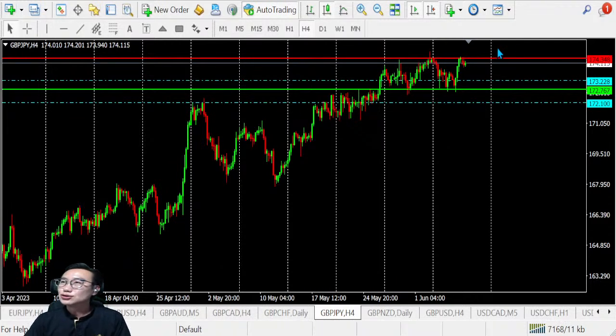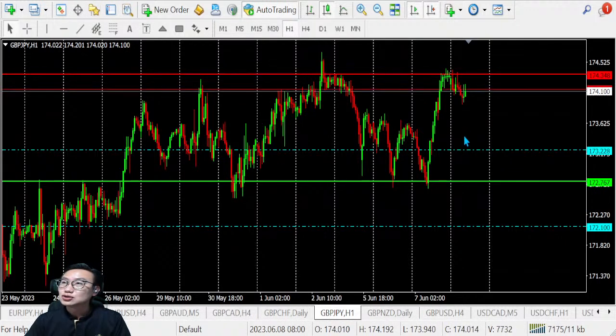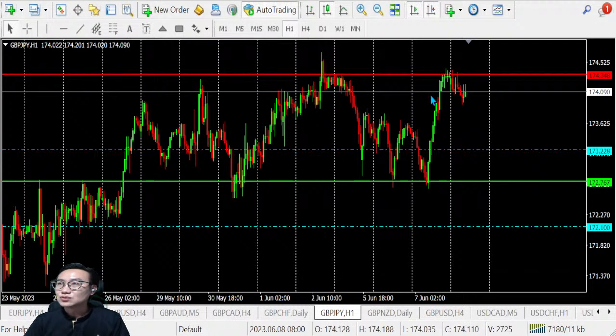Okay, so for the pound yen, alright, pound yen we have tested onto the resistance. We are in the bull. Remember, pound yen we are in the bull, but the resistance, it seems like the resistance is holding it down. So looks like the pound yen is going to swing down. It's going to swing downwards to take some support before it can continue to go further up to break the resistance.